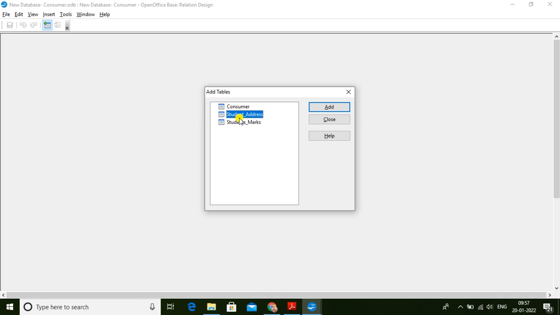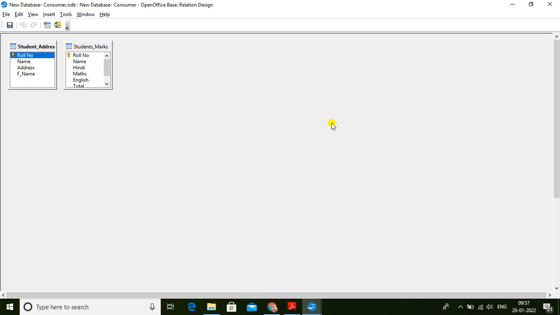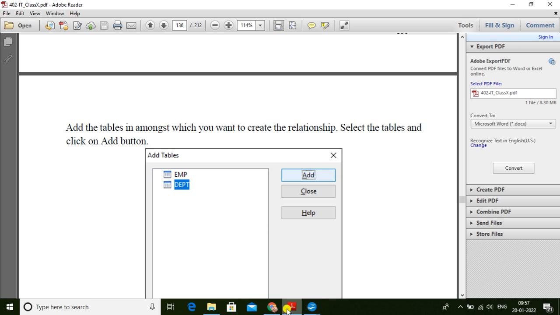So I wanted to make a relationship between these two tables, student address and student marks. Okay. So I added these two tables. Add the tables among which you want to create a relationship. After adding, select the tables and add.